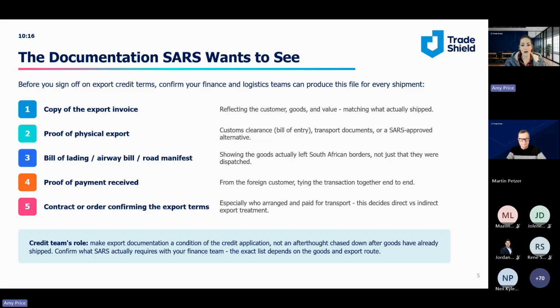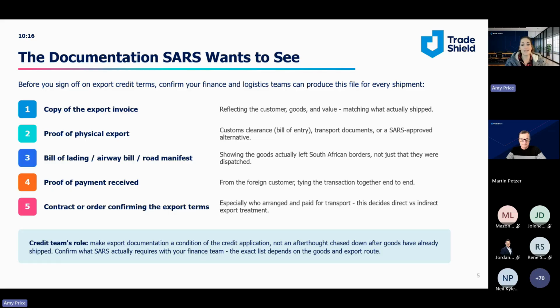And so if it's going by land or by sea, you would need a bill of lading. You would also need an airway bill if it went via an aircraft. If it went via road, then there's something called a road manifest, and that's something that your truck would need. And every time the goods actually crossed out of South Africa, meaning it was loaded in South Africa and shipped over a border,